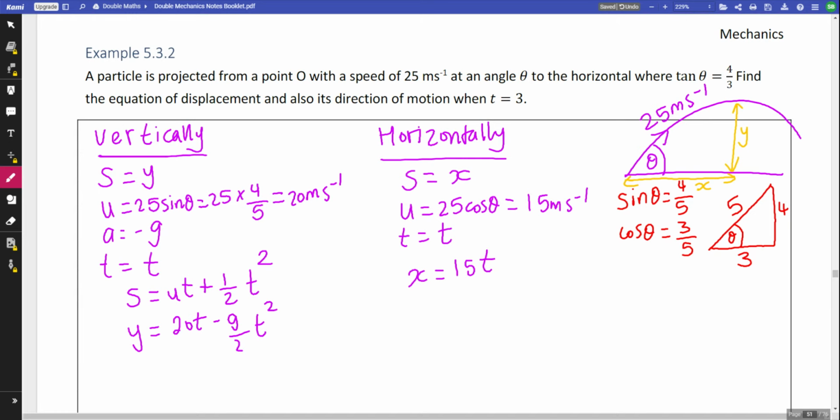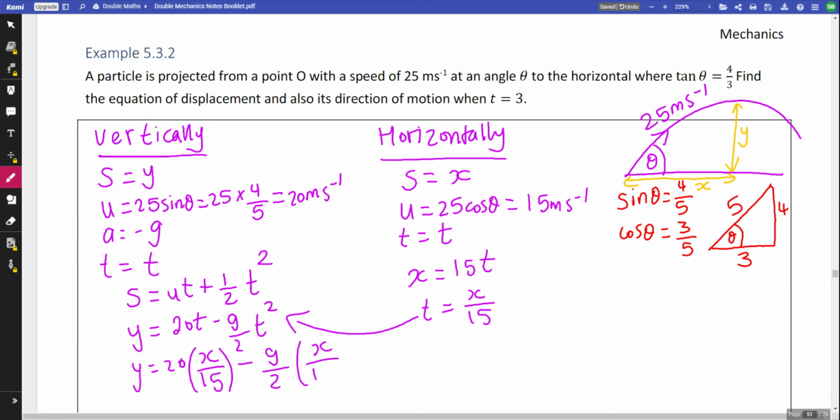Now, if you think back to the chapter about parametric equations, we've got two equations in terms of t. We are going to try to combine these together. So we're going to rearrange one of them to make t the subject, substitute it into the other one. So we are going to write t equals x over 15, and then substitute it into y equals. So if we write y equals 20 lots of x over 15 minus g over 2 lots of x over 15 squared,